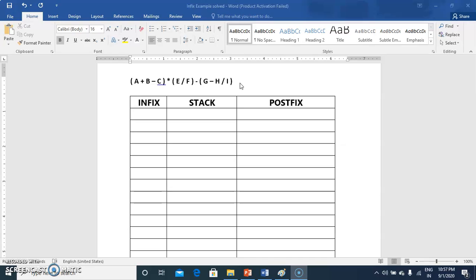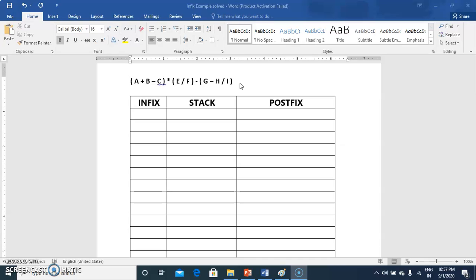First rule. Second, if the incoming operator has lower precedence than that of the stack top, then pop stack top to the postfix expression and push the incoming operator on the stack.